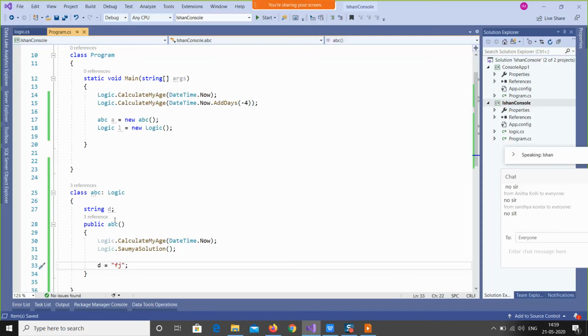The earlier one I had written was also a correct method. In fact, you can write both. But the value of d would be set as fj only, instead of fg, df, or whatever I have written above. So the final value of d will be this only, no matter whatever you do.